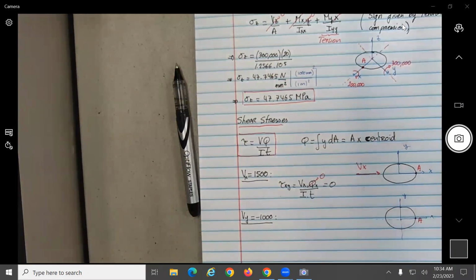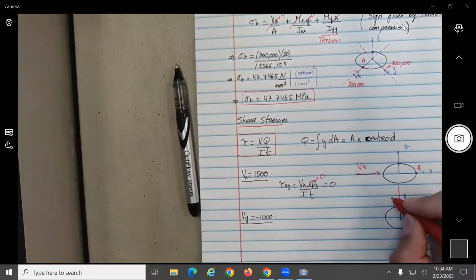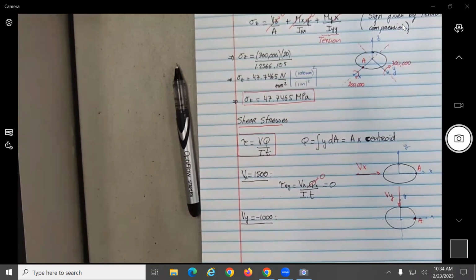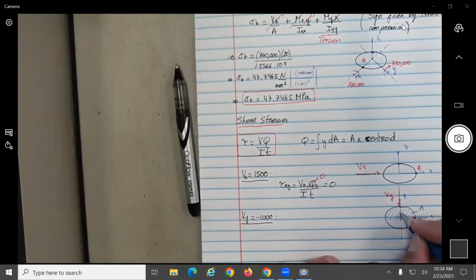So this time, what is the force coming? Nearly, so it's coming down this way. And point A is over here. So what will be the area? Area of half the circle, no? Yes, that would be your A, and now you need to find the center of that distance from the bottom here,